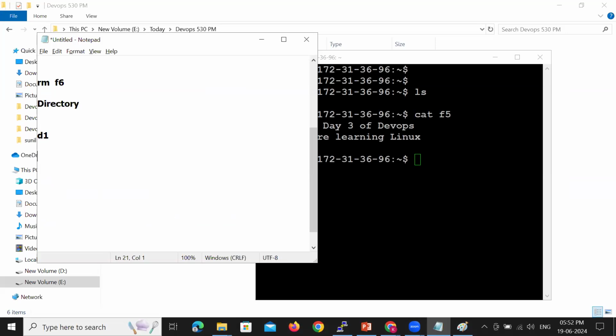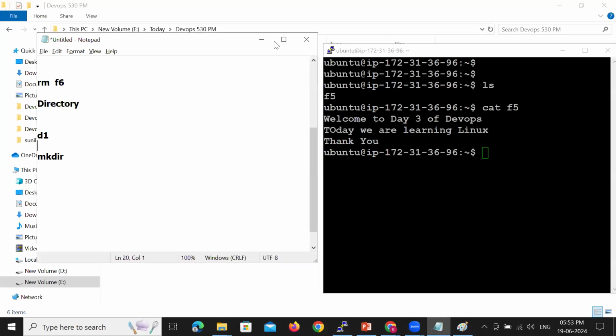We have a command called mkdir, which stands for make directory, and it helps you to create a new directory. So the command will be mkdir followed by the directory you want to create, D1.